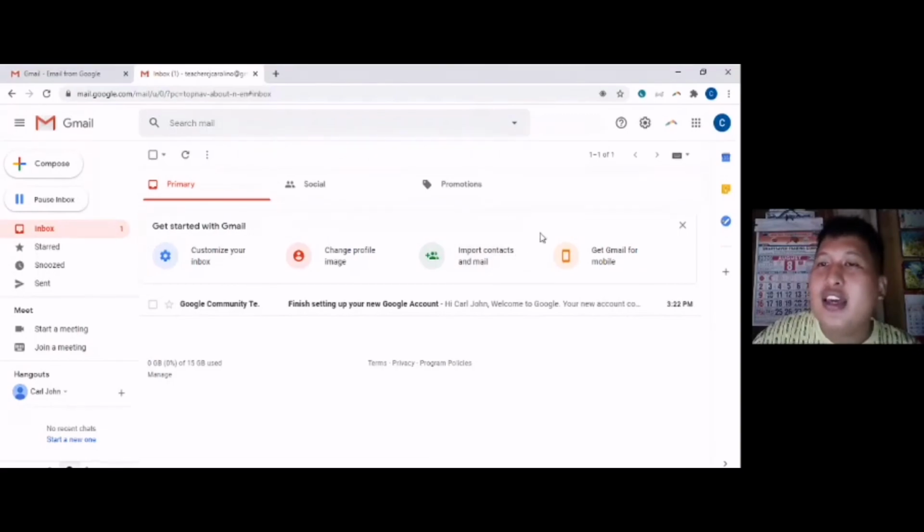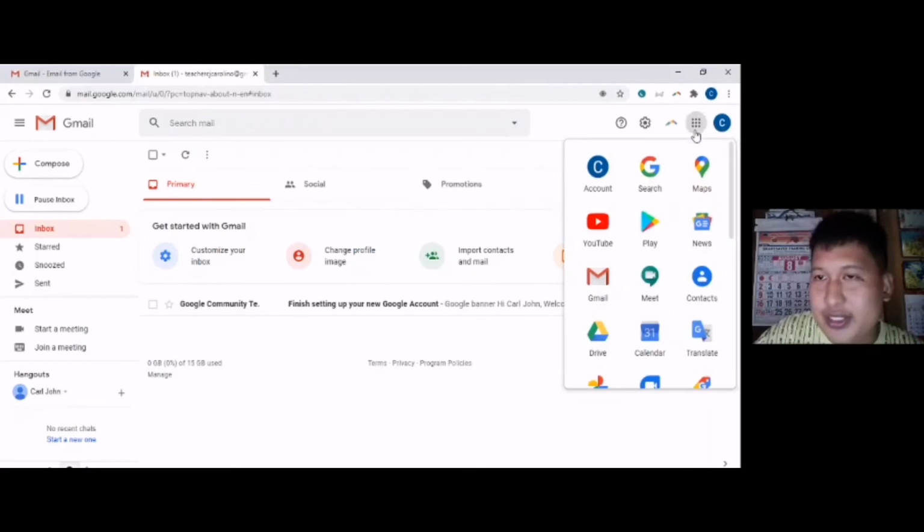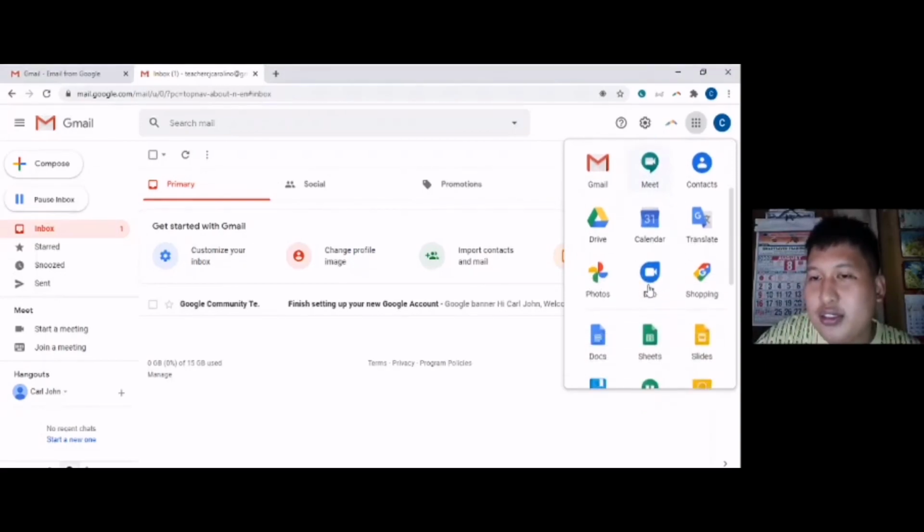Now, having a Google account is an advantage. Why? Because having a Google account can give you other services under Google. We have the Google Apps. Aside from Gmail, you can have YouTube, Meet, Drive, and the like.